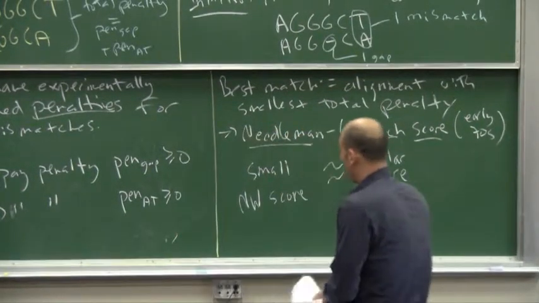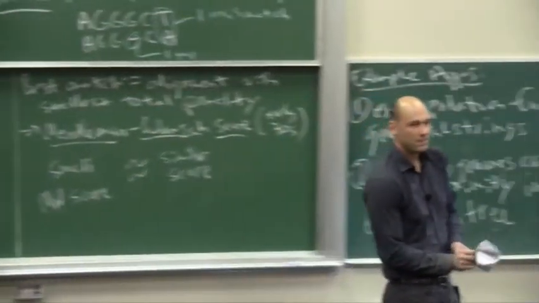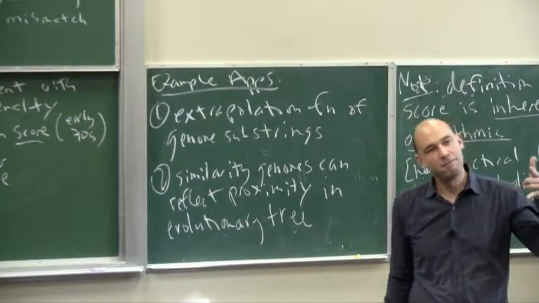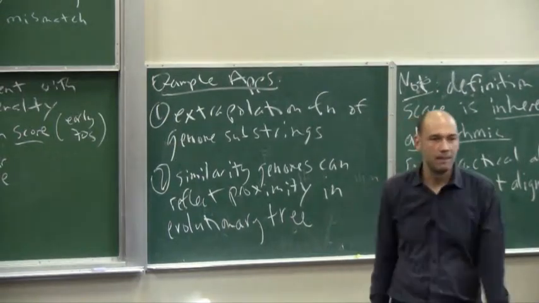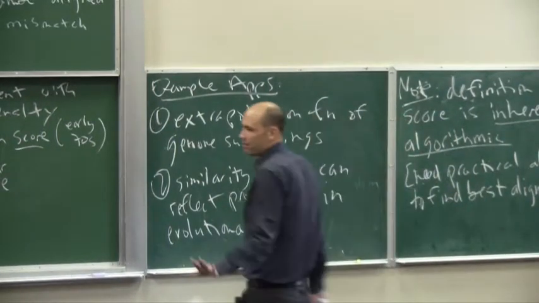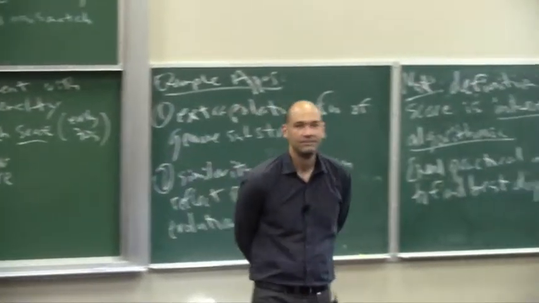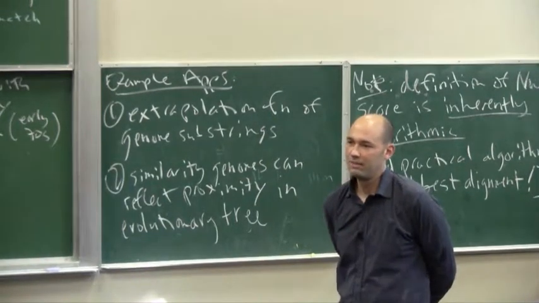Is there a finite number? That's a good question, actually. So it turns out, if there's an infinite number, we'd certainly be in trouble. If you think about it, there's no reason to match a gap with a gap. So if the strings have lengths n and m, you'll never use more than the max of n, m gaps in each. So it's not important if you didn't understand that comment. But there is a finite number of alignments that one only needs to try. Okay? And computers are fast, so it should be fine.